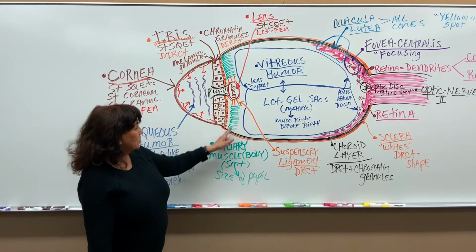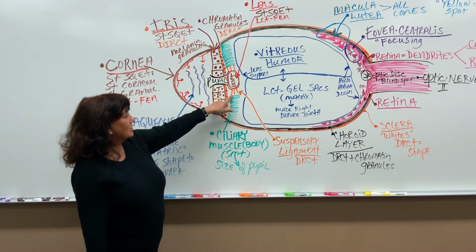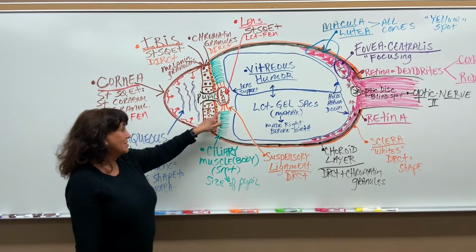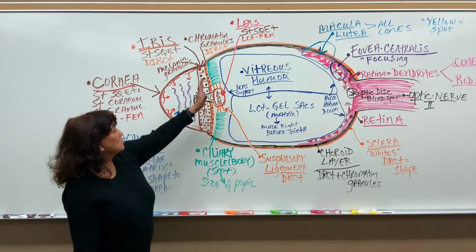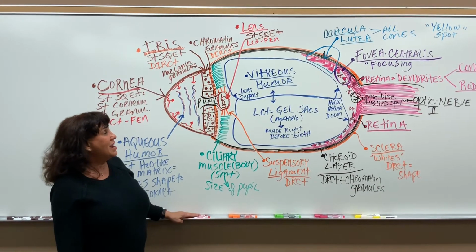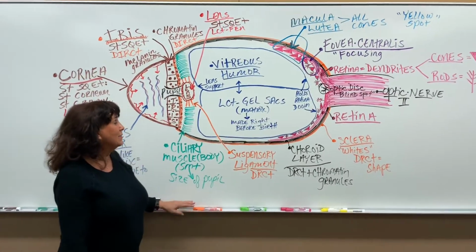And then we already know what the muscle does, controls the size of the pupil, and the suspensory ligaments, dense regular CT, are just going to hold on to the lens and attach it to the muscle itself. All right, so that's right behind the iris, all of this. Now in the back part of the eye, we call this the posterior part of the eye,